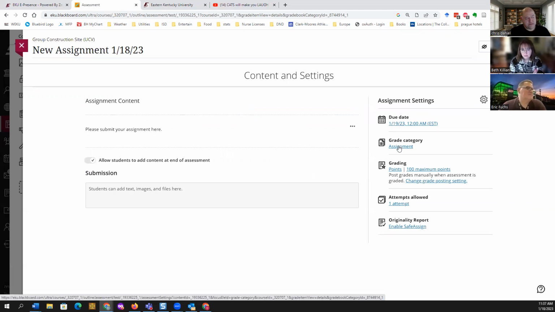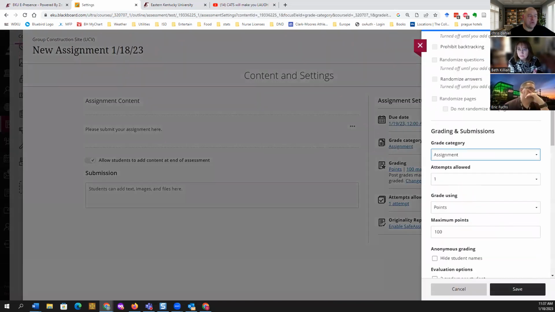Let me tell you about grade category. When you create assignments or anything that's going to be graded, you can assign a grade category. The default grade categories are quiz, presentation, homework, exam, discussion, test, journal, and assignment.